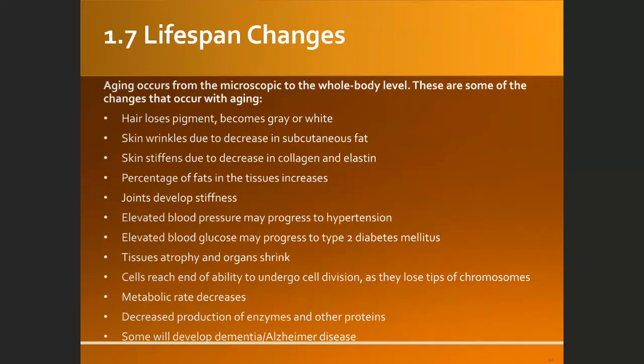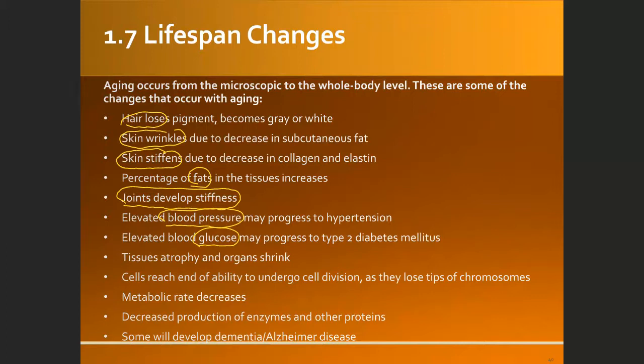So you can see, for example, hair loss, skin becoming wrinkled, the skin losing its stiffness, maybe the fat increases, and joints become stiff, so it's more difficult to move when we are older. And then sometimes the blood pressure increases, the glucose also increases in the blood, and tissue atrophy,